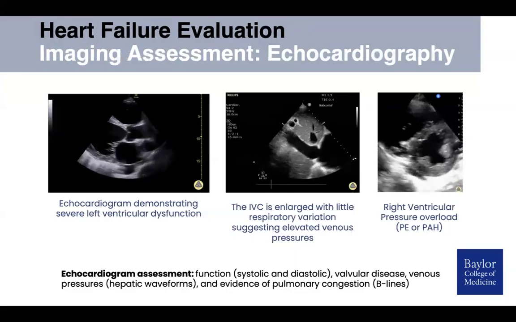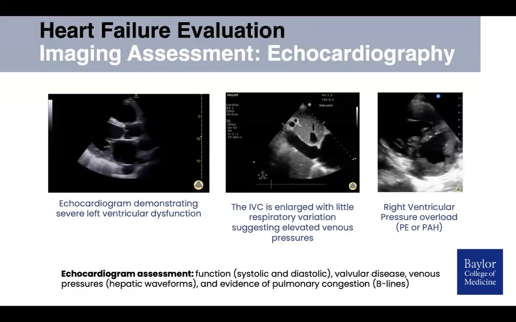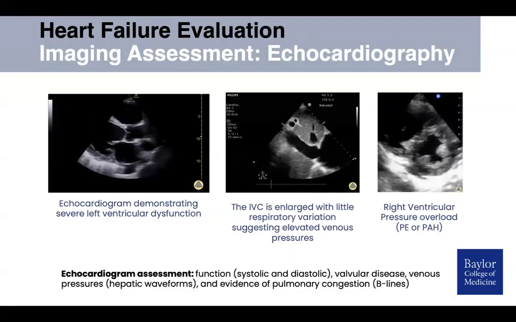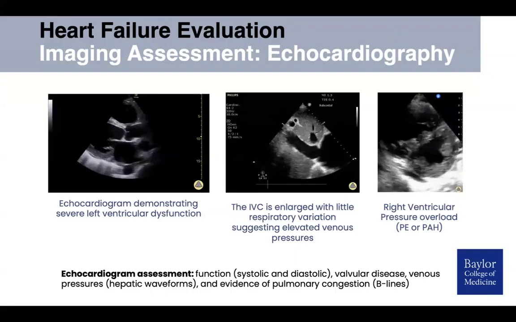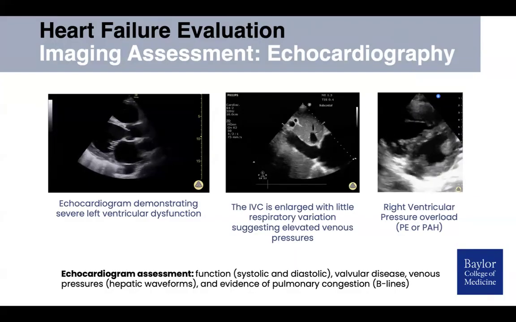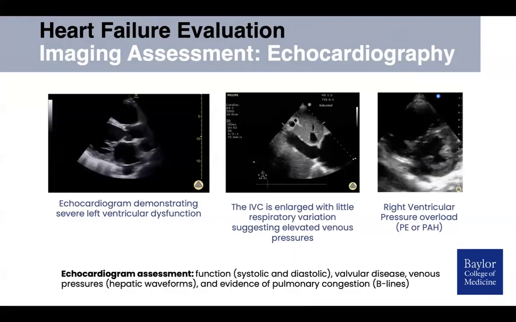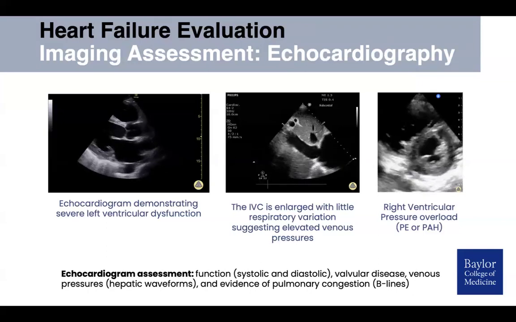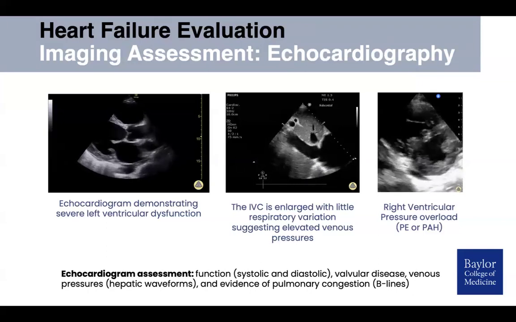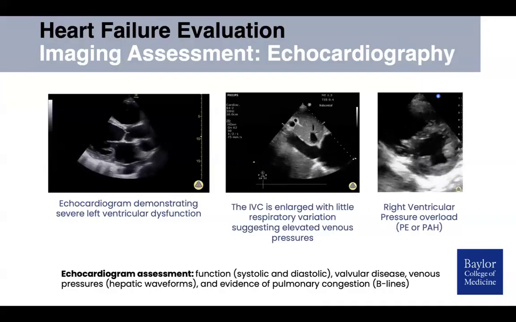When you evaluate these patients by echocardiography, you can see certain characteristic changes. You can look at systolic dysfunction. You want to look for IVC engorgement that can happen when you have right heart failure. And on the right there, you may see evidence of right ventricular pressure overload, where the ventricle at the bottom right there is being pushed over by the right side. And this gives you an idea that the patient may have pulmonary hypertension.